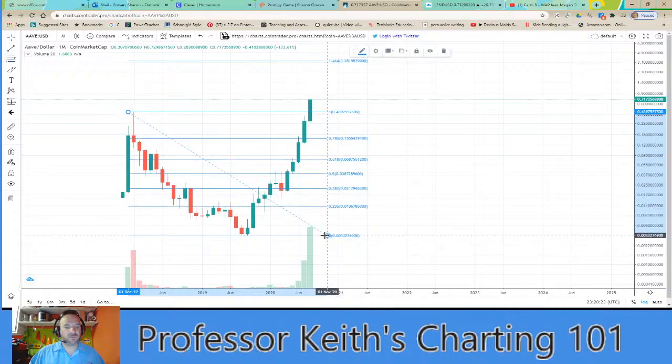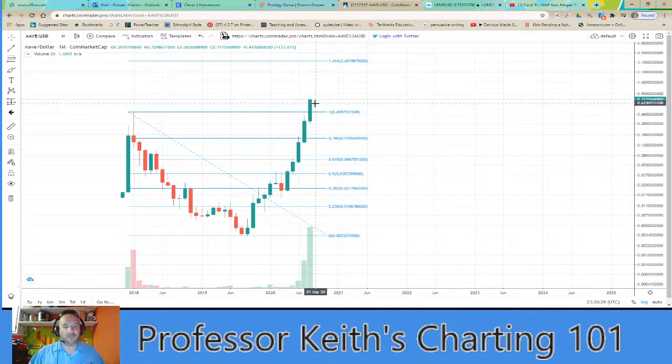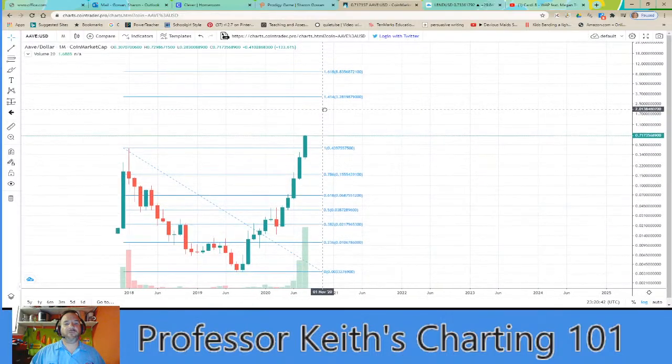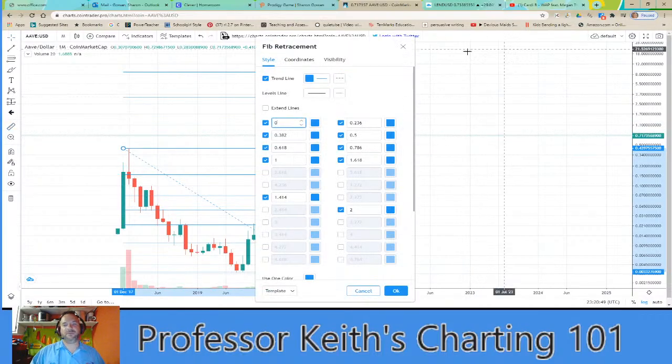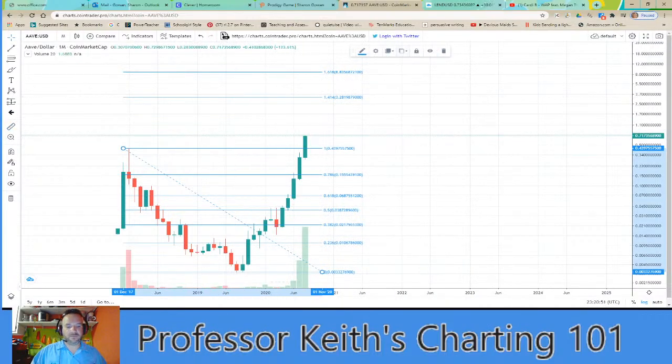Same situation on CoinMarketCap. It's gone way up, has not come back down and checked any of these lines right here. Blew right through this resistance. All the way up. At some point, it's going to test. It's got to find support. Is it going to find it at the one line? I don't know. Or is it going to go all the way to 1414 here? I mean, it's possible. There's still 350% left in it. Odd call, but I don't know, man.